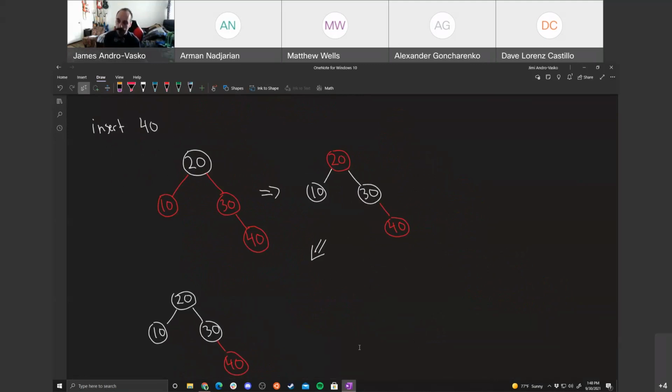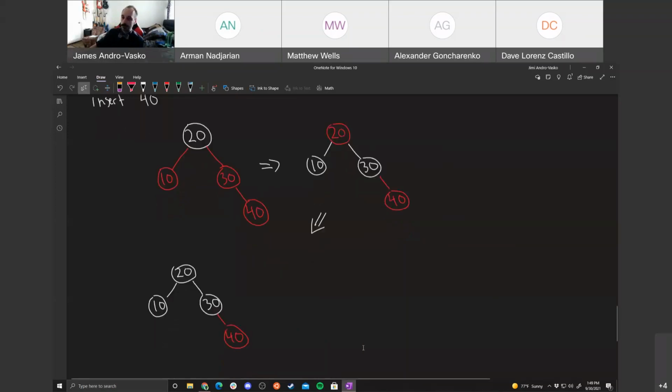We saw we had this issue because we can't really have back-to-back red nodes like this. We checked 40's aunt or uncle, which was a red node, 10. So we simply had to do a color flip with the grandparent and its two children. And then we have to color the root back because the root always has to be black in a red-black tree. So that's all we had to do in this case. And now our height is maintained, where the black node count on both sides is the same, which is kind